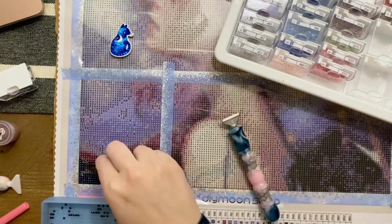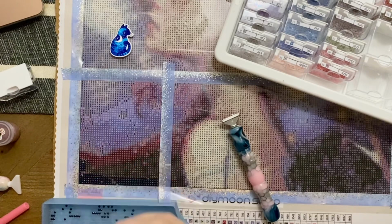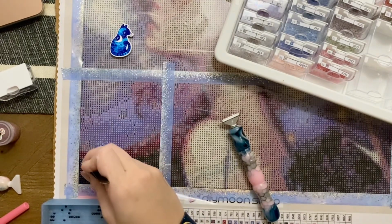I keep getting putty in the glue. I think I need to just trim off some of that extra putty. Anyway,